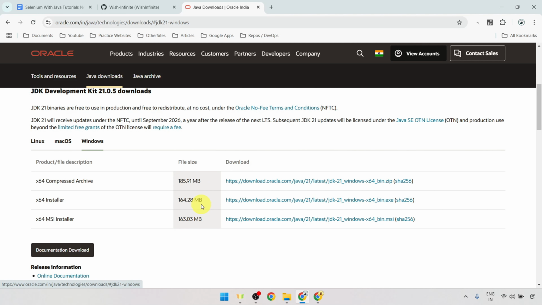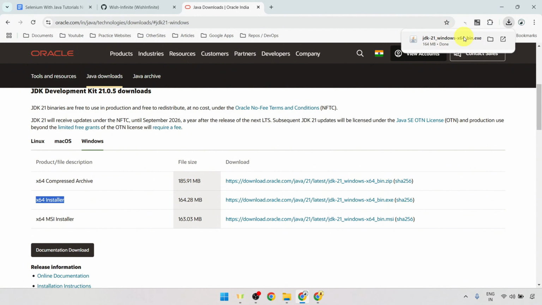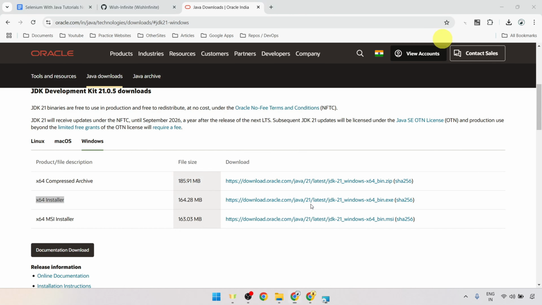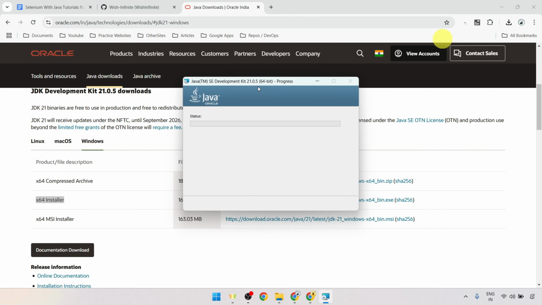the JDK. For the Windows, I would be downloading this 64 installer, which is an exe file. So click here and it will start downloading. And once downloading is done, you can open this exe and then proceed further for the installation. You would be able to see this setup wizard. You can click onto the next for each step and the installation would be successful. And at the end, you would be able to see this successfully installed message. You can click onto this close button.